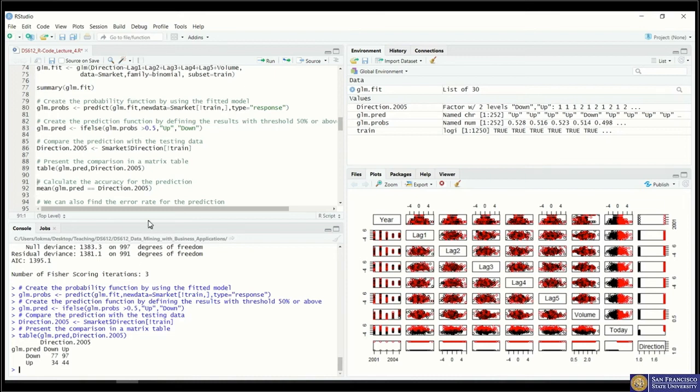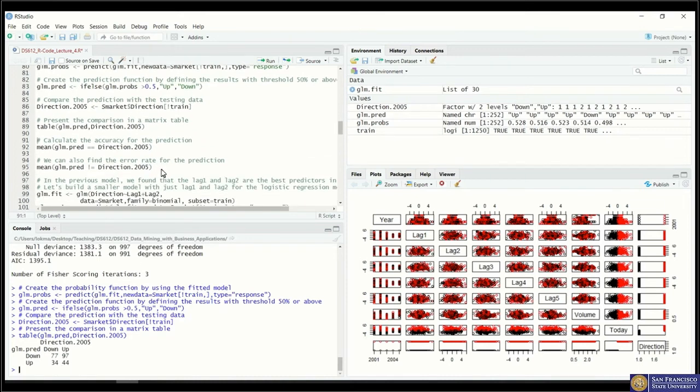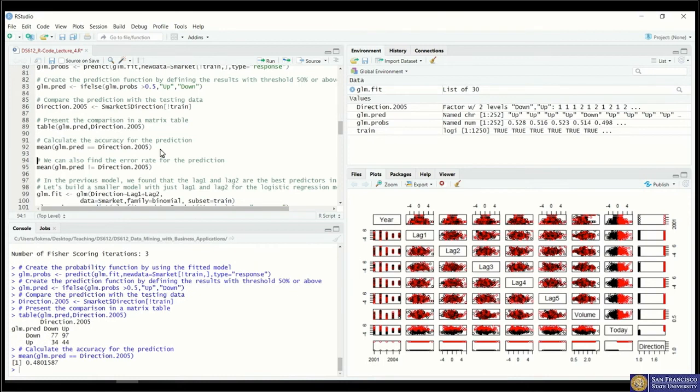So those are the results, and we are going to take a look at the accuracy rates. How accurate are we? Ooh, when we're using a subset of training data and testing it with the test data sets, we only get